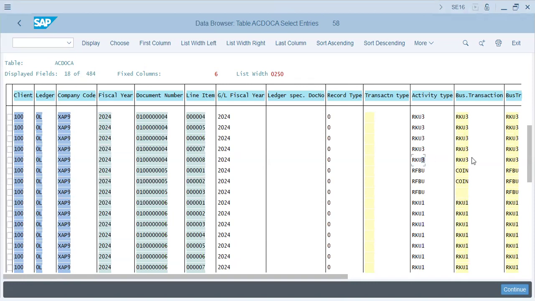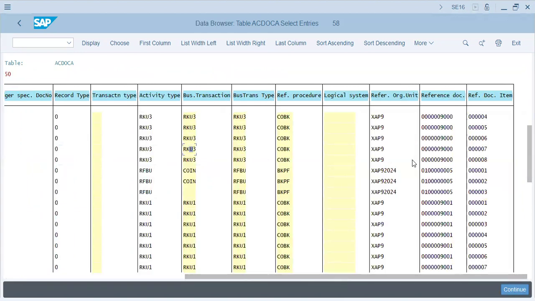RKU3. Now, these are documents that we have entered in 2004 with a ZAP 9104 RKU3, and these are the transactions for reposting line items. Reference document number is again your finance document. Okay. Next is